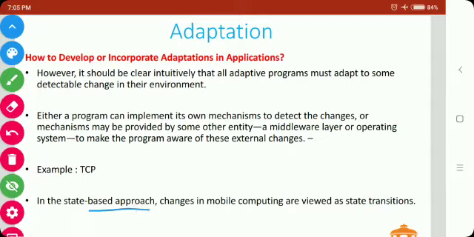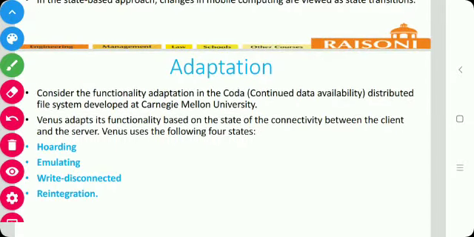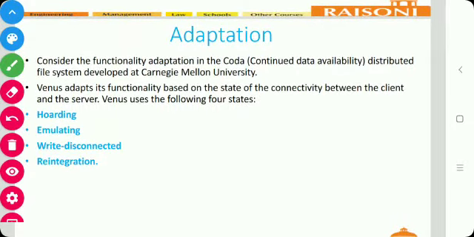In the state based approach, changes in mobile computing are viewed as state transitions. Irrespective of how the state of the environment is sensed, the adaptation of functions or data can be performed when a state transition occurs.